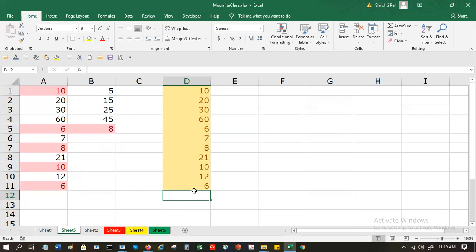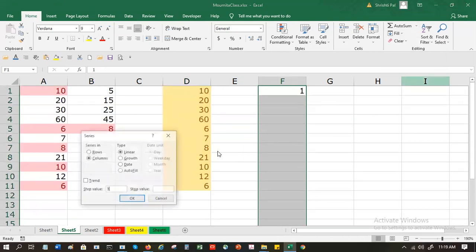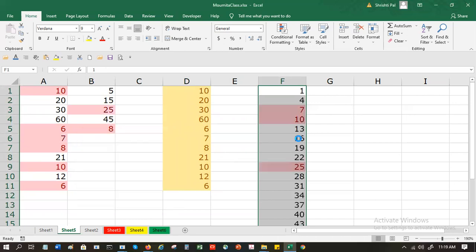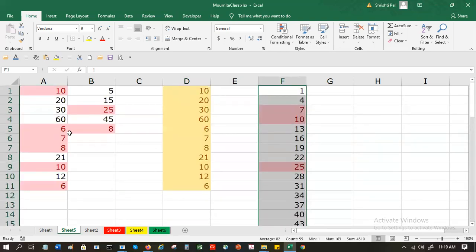So what I will do is I'll add some more values here. Now, we know how to put some values here, right? So we can do it this way. Fill, series, step value 3, and random, I generated some numbers. Now, these are duplicates, so that's why they got highlighted.